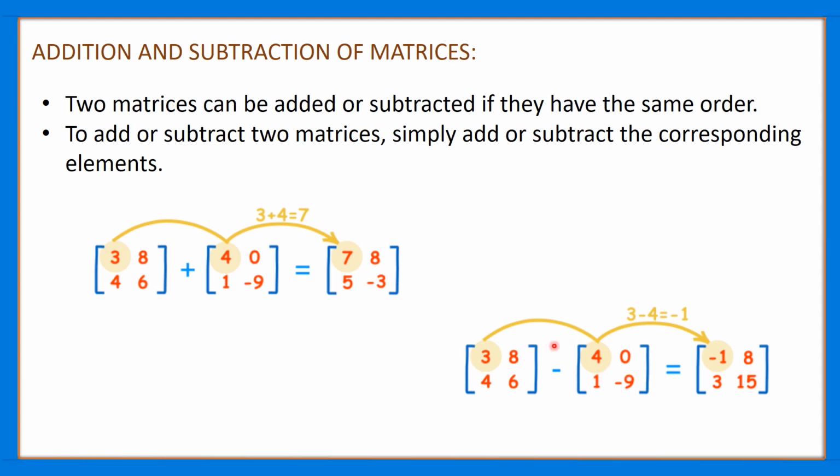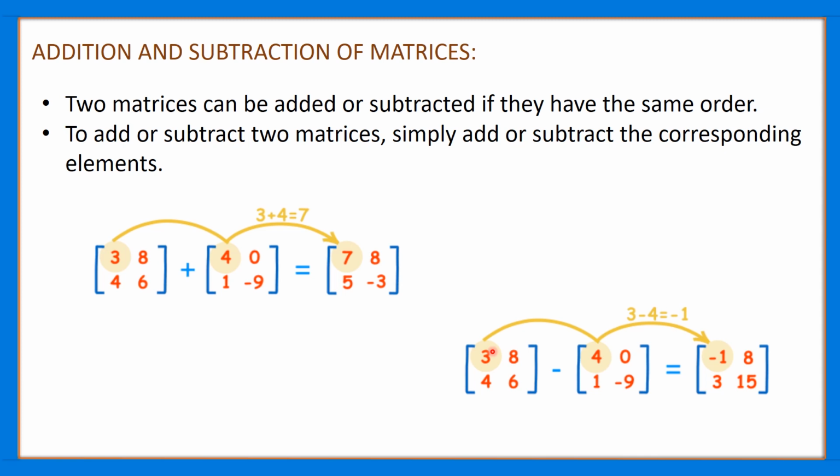When we subtract these two matrices, just as we checked the order in the addition, we need to check the order for the matrices that we are going to subtract. In both cases, the order is 2 cross 2. Therefore, it is possible for us to subtract these two matrices. How can we do the subtraction? Subtraction is similar to addition, in that we need to subtract the corresponding elements in both the matrices. The first element, that is, the element in the first row and the first column, is to be subtracted with the element in the first row and the first column of the second matrix.